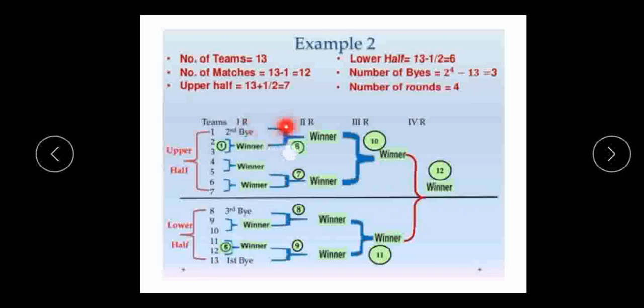After that, the bye plays the next winner, and the next winner plays with the bye. Clear? Then the next bye plays with the winner, and the next winner plays with the bye. Clear? After that there are 4 teams here. They play each other, 6 between the 7, then 8 between the 9. Here the last 2 teams, upper half and lower half, play each other. Clear? After that the winner will be decided.